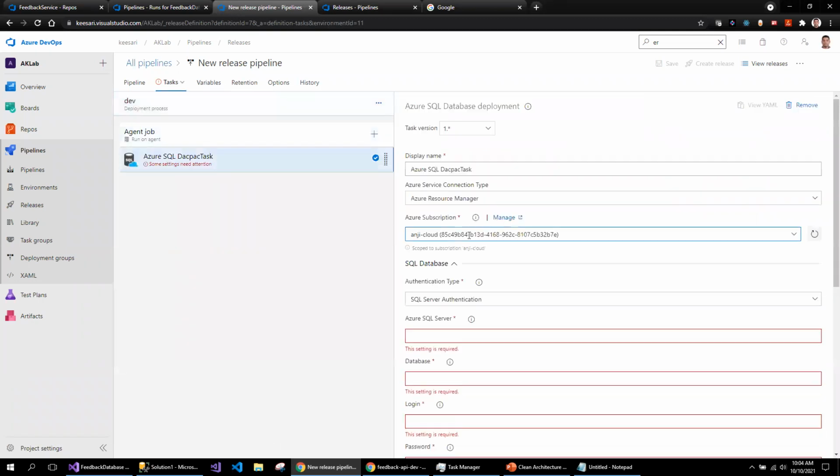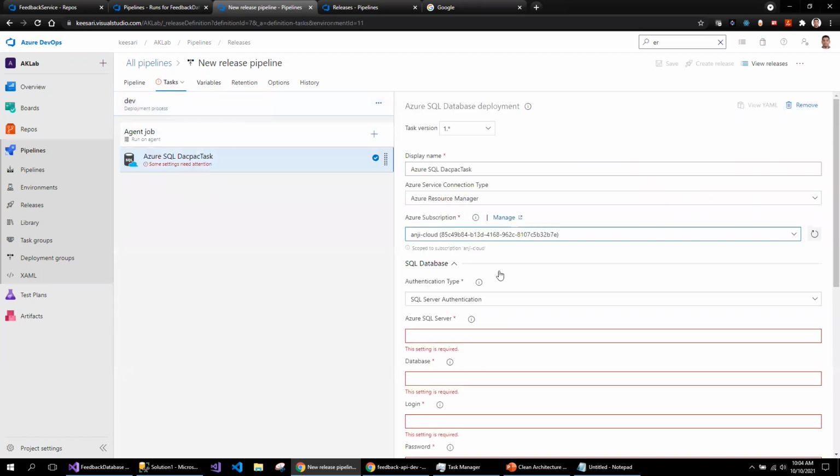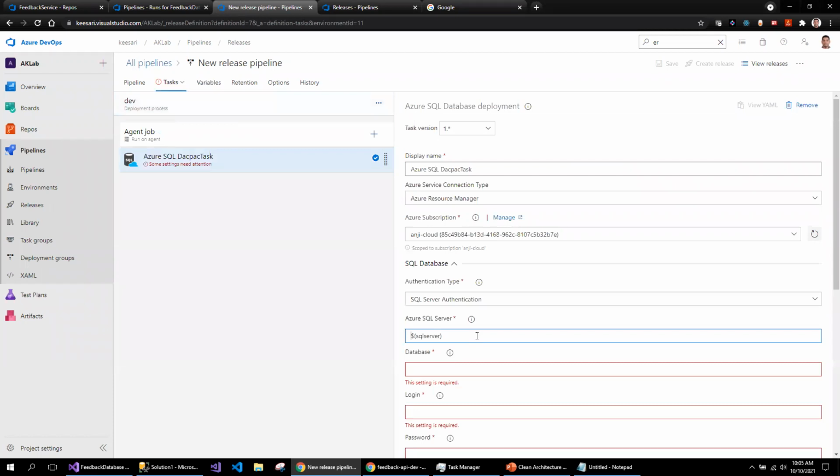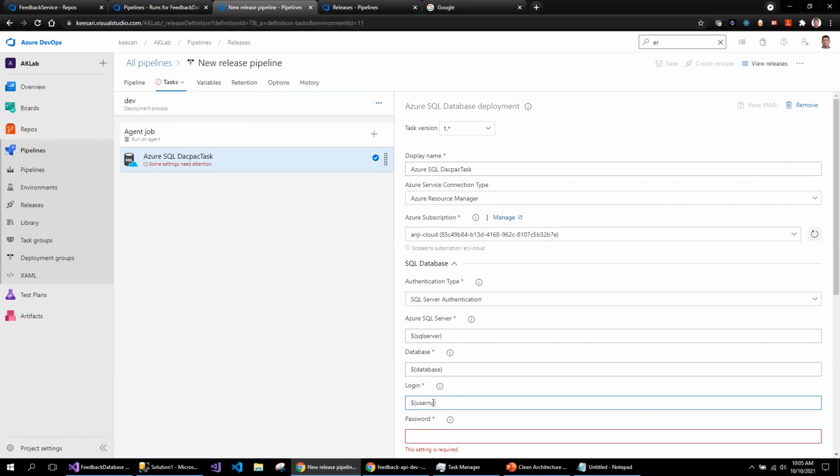Go to the task here and make sure that I'm referring to the same names. This is the SQL Server. This is how we read the variable names: database, username, password.